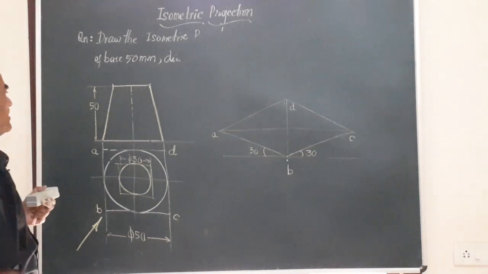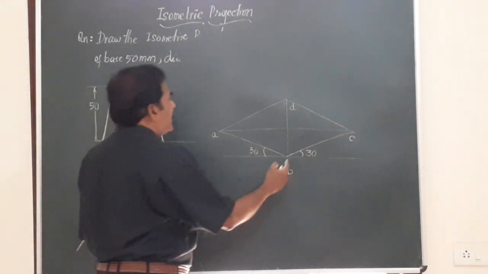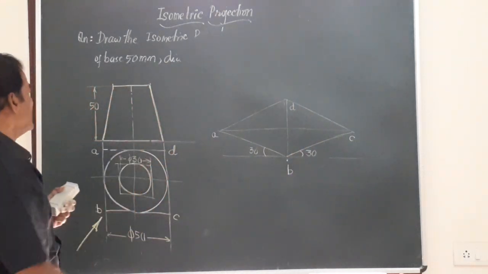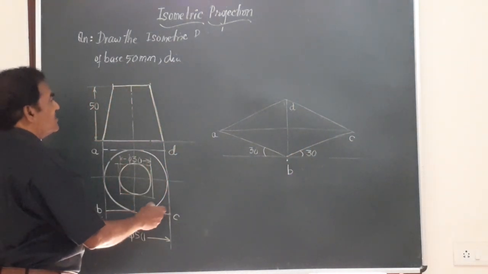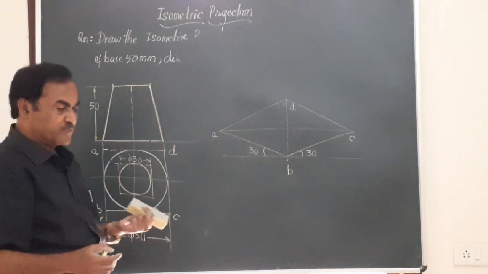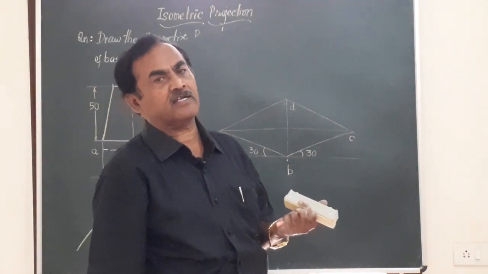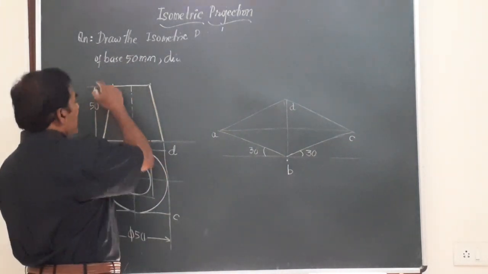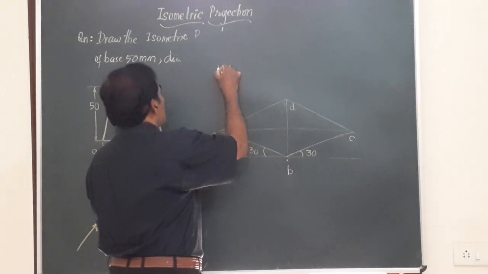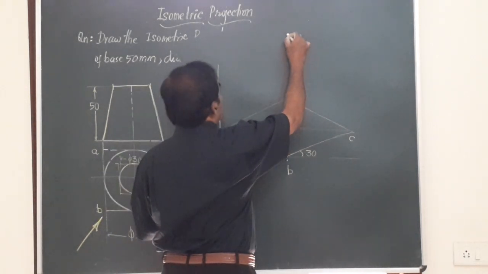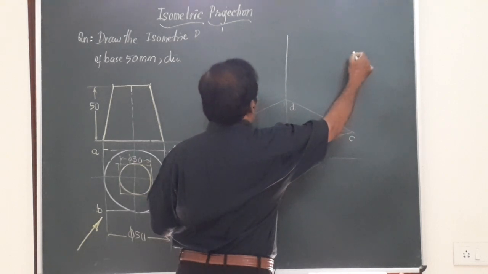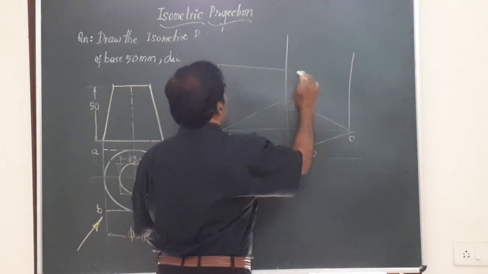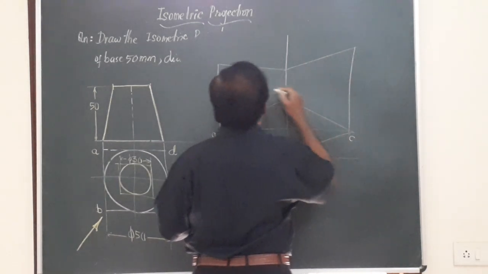Friends, here the base is a circle that appears as an ellipse when you see it in the isometric projection. Before I draw this, let me complete this box for the top face also. The same procedure you adopted for the frustum of a square pyramid, you can follow. I know the height of the solid. From all these corners, I am going to draw vertical lines of length equal to 50 ISO. So from here also 50. So I am going to get a figure of this sort.